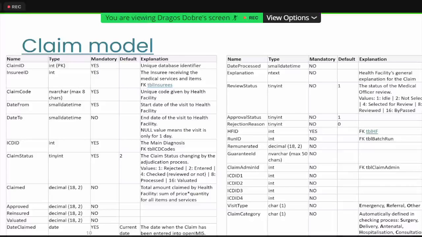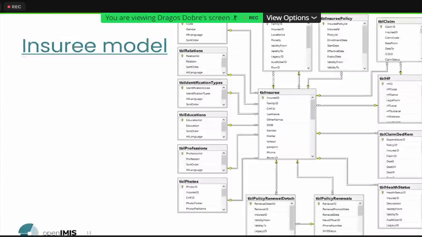For example, date processed is an automatic process after the reviewing of the claim by the medical officer, where the calculation of the approved amount is done, which might not be linked to DRGs, but you have all the information here in this table. Moving to the injury model, the table injury has the links to different information